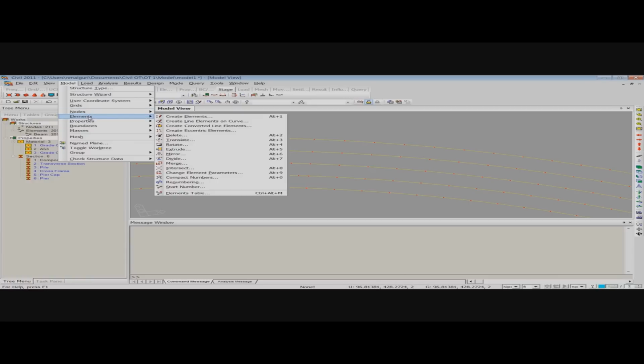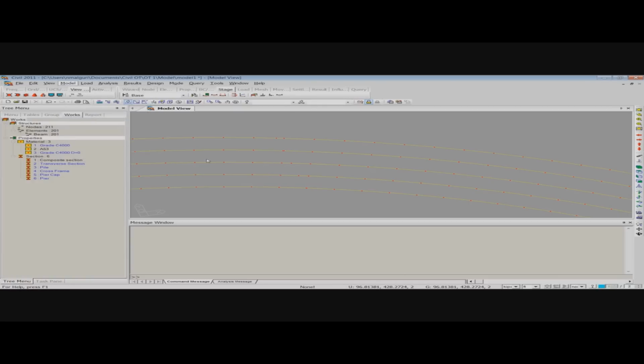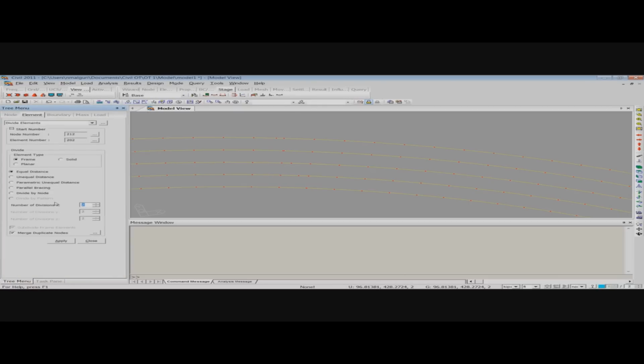So we'll go to Model, Elements, Divide Element. First we will select divide by node, element number and the node number. So here I can activate the element and the node number. So this is element number 55 and this is node number 9, and once I click OK, you can see